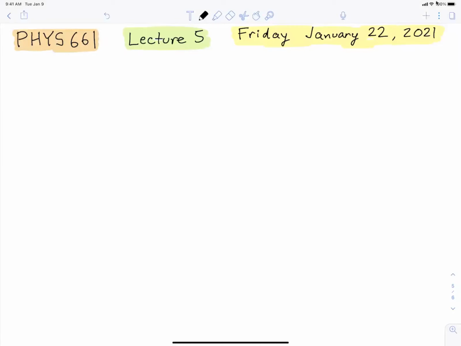Okay, good morning, everyone. So last time we had worked out the formulas for first order perturbation theory for stationary states, and today we're going to do some examples. So the first example is going to be a particle in a box with side L, and we're going to have a perturbation